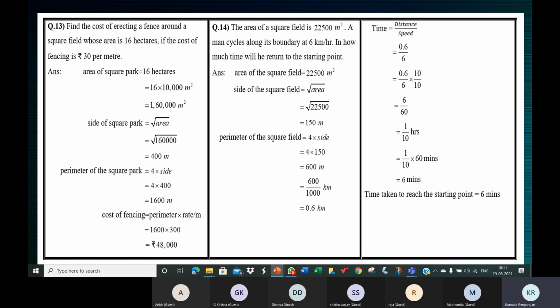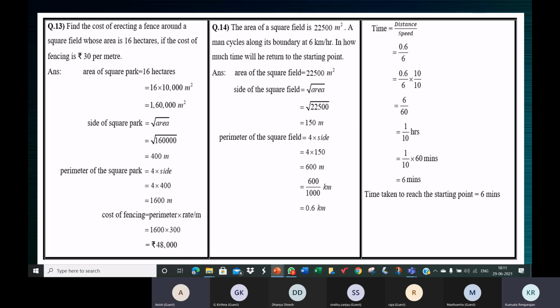which is 1 kilometer and 600 meters. So if you want to do something towards fitness, then just go 1 round along the boundary of your field and you're done. You can jog, you can run, you will be covering 1,600 meters. You would have done a 100-meter running race 16 times. That is the perimeter of your square field.